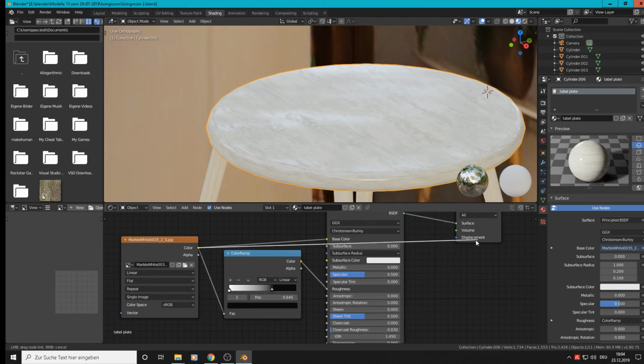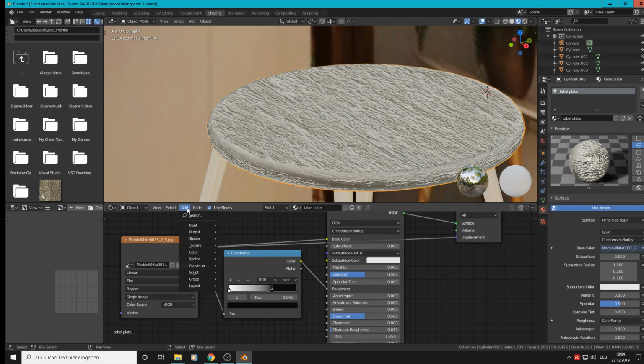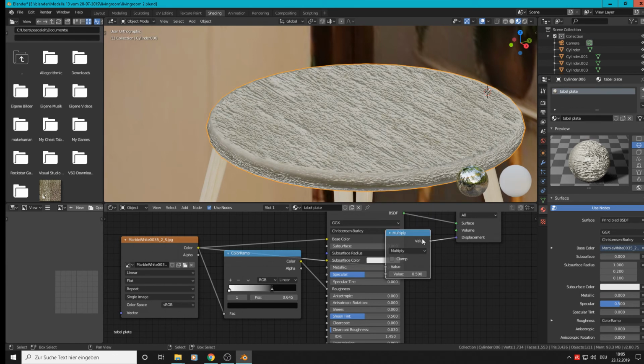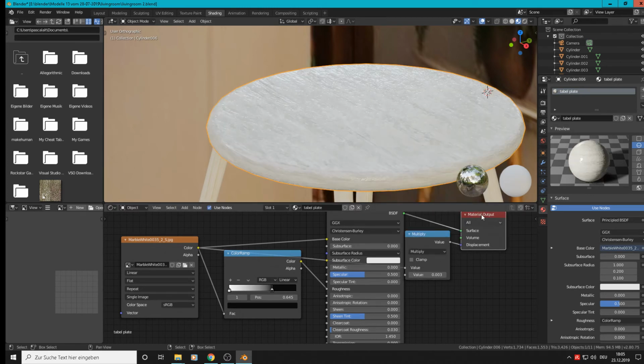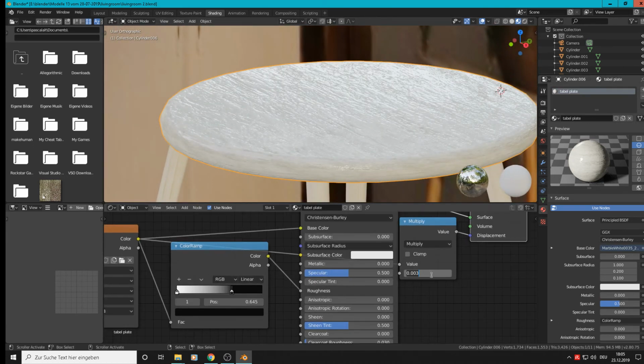A little displacement maybe can help, but not that much. So we also get a converter with a math node, a multiply, and a value of 0.003. But multiply. So there we have that effect a little bit more, but it is too hard. So we get a 0 there,